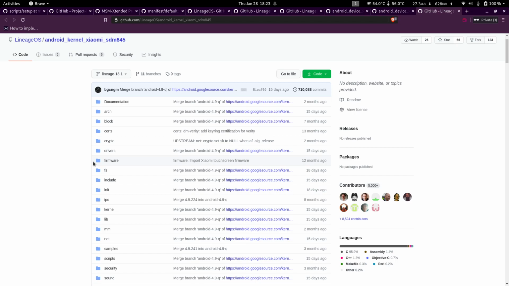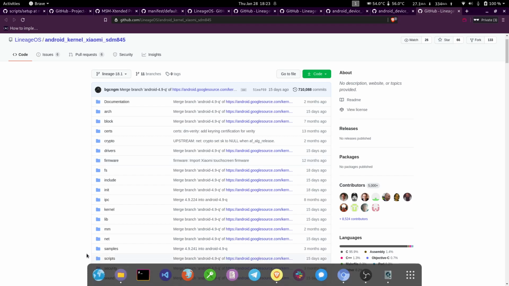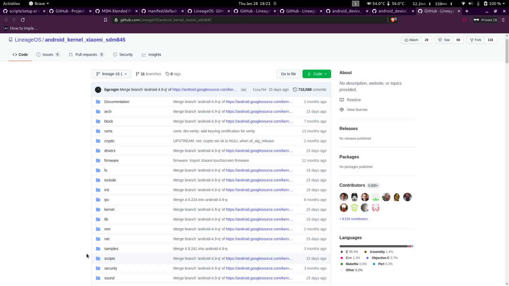So back in Android 8, which was Android Oreo, Google implemented something called Project Treble. So Project Treble basically separated out the vendor and the device implementations of Android, so it would be easier for manufacturers to release updates quicker.